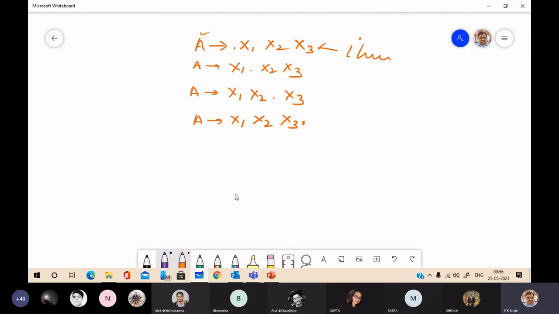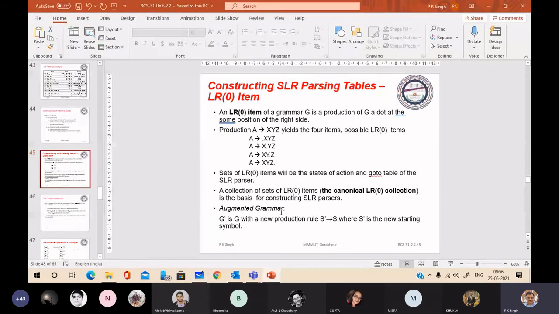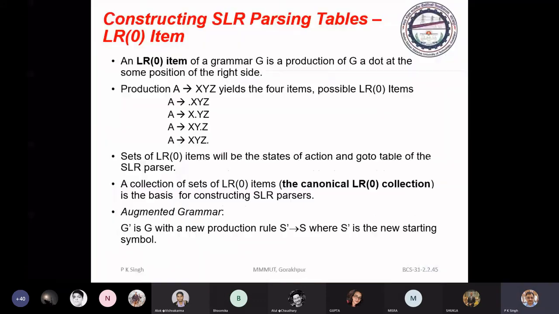You just see. And actually it is called LR0 item. You can define an item as a production in the grammar with a dot at any position in the right side of the production.